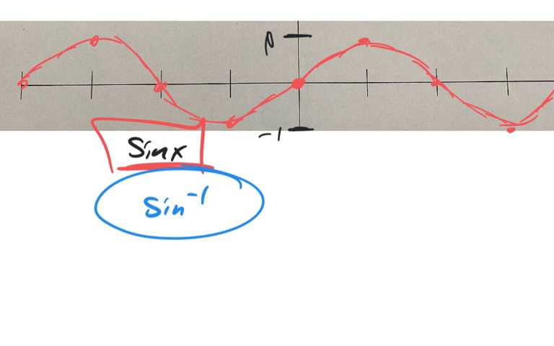Another type of function we could have had was the cubic function. -2, -8, -1, -1, 0, 0, 1, 1, 2, 8. Okay, these are functions. They're both functions. But only one of them is a one